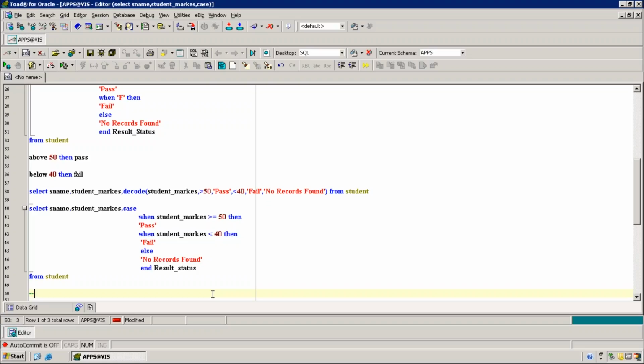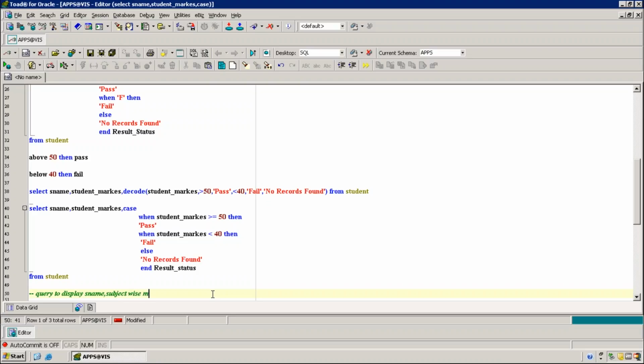What is your next query to display? Query to display S name. S name, comma, marks, comma. Subject wise marks. All subject wise marks.